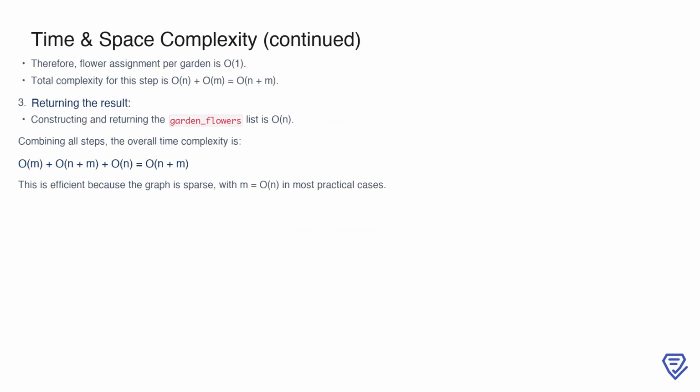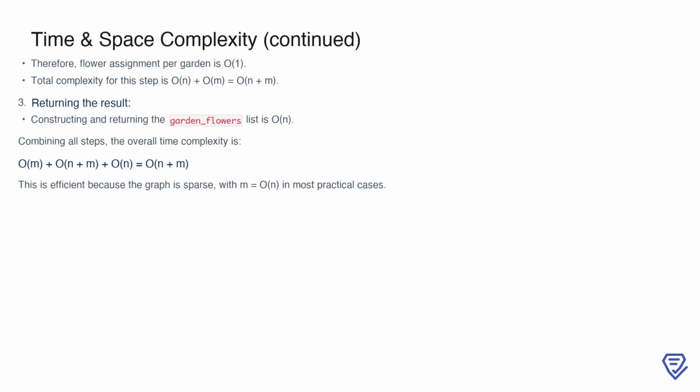Now, let's look at the final step, constructing and returning the result. The result is stored in the garden_flowers list, which is built in O(n) time since it simply involves copying the flower assignments for all gardens. Combining all these steps, the total time complexity becomes O(m) for the adjacency list, O(n + m) for iterating through the gardens, and O(n) for the result. This simplifies to O(n + m) overall. This efficiency is well suited for sparse graphs, where the number of edges m is typically proportional to n. In such cases, the algorithm runs in linear time relative to the size of the graph, making it scalable even